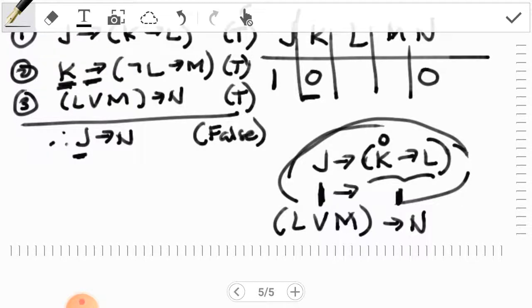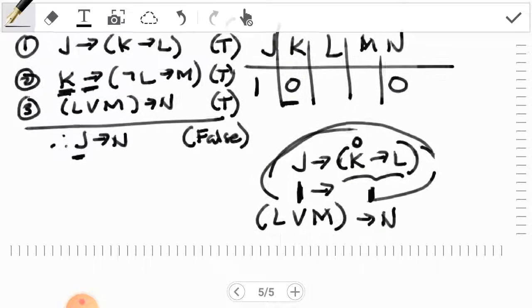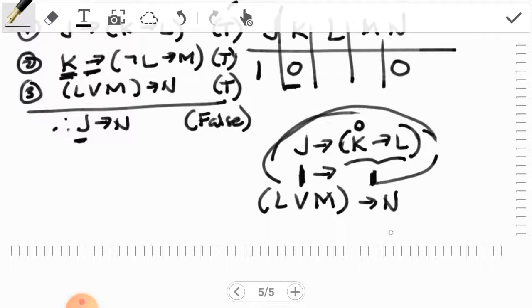Look at our chart first. We already have set N to be 0. So, N is 0, and this is an implication. If we want this to become true,